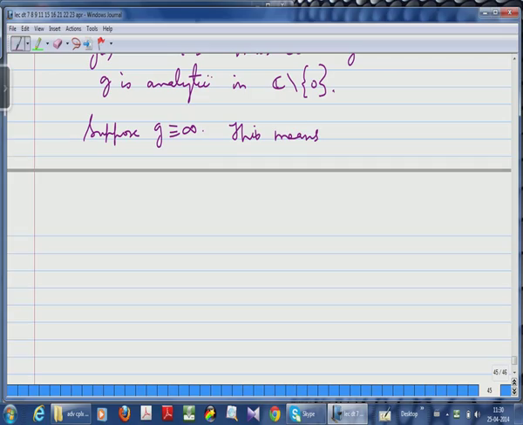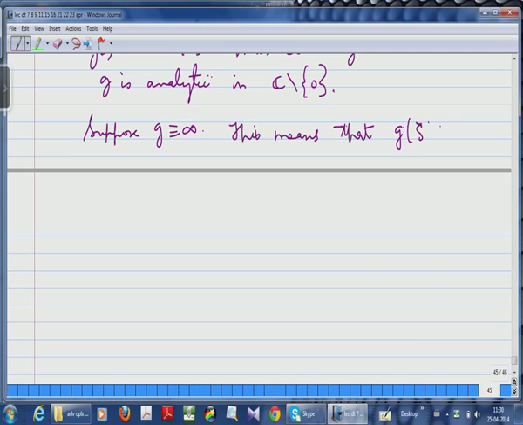So if G is identically infinity, that means that the G_n's are getting larger and larger in modulus, and that means that the values of f are getting closer and closer to infinity as you approach z0. But that means z0 is a pole, which is not possible because z0 is an essential singularity. So this is not possible, so you have ruled out this case. Let me write this down. This means that